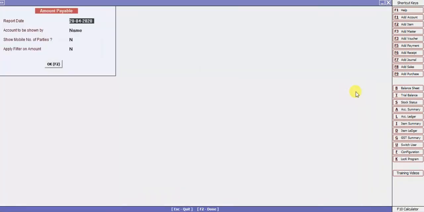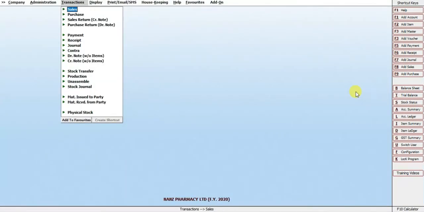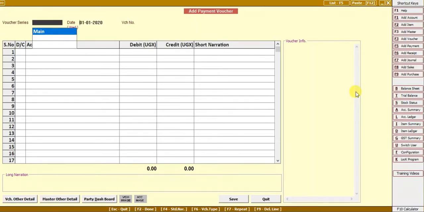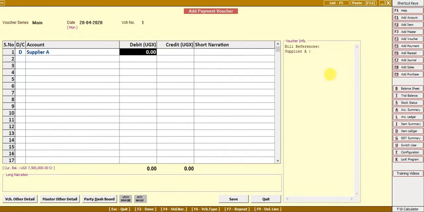How do you make the payment? So what you do, you go to transactions, then you go to payment, you add, enter. We're paying as of today. So when making a payment, debit the account receiving, meaning the party that is going to receive the money. In this case, we are going to debit supplier A, that is the one who is demanding us. If you check down here, they're showing the current balance